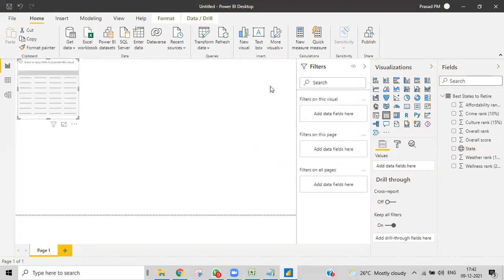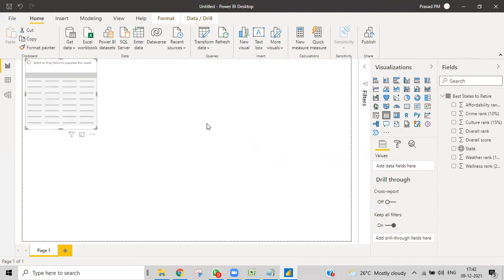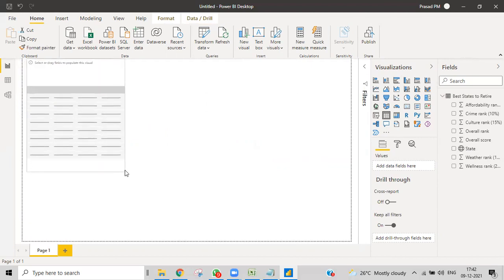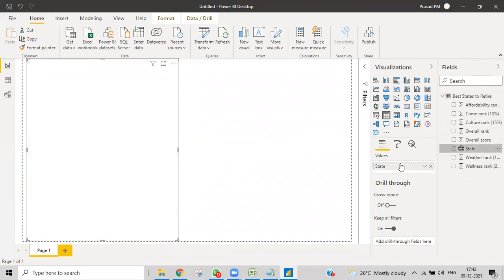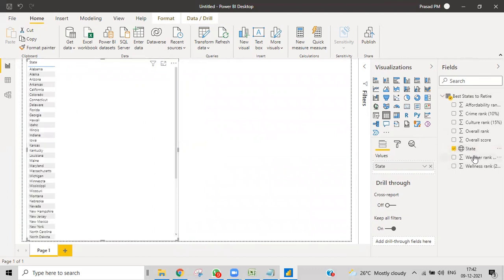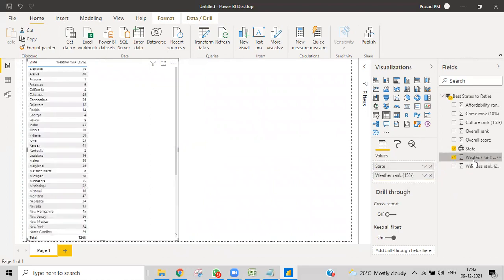What I want to do is take a small table, and in this table I want to take some values. Even though I didn't tell you about this, you can take the states from here. You have all the states, and afterwards you can take some of the weather ranking. Just drop it over here. While you drop, you'll get a yellow line.